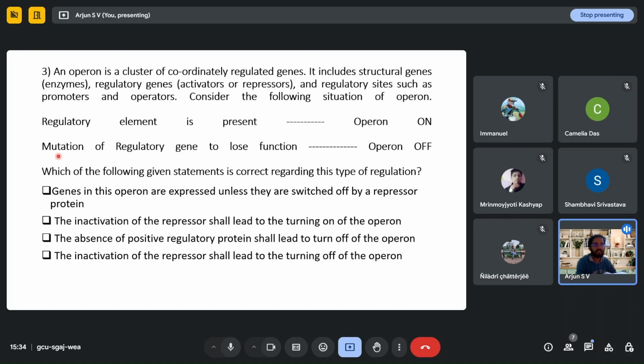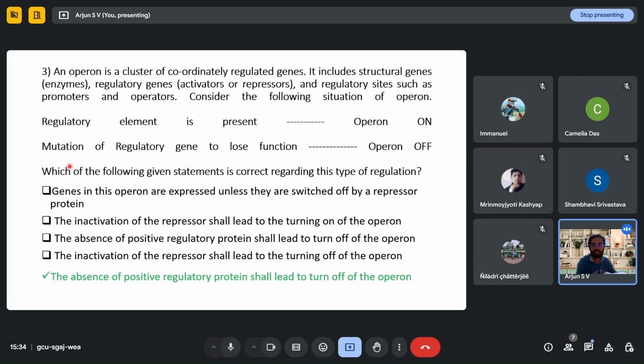So I already told you that this is a positive regulation. This is a case of positive regulation. So in positive regulation, if the regulator is there, then the operon will be on. If the regulator is not there, the operon will be off. So it's a pretty straightforward question right now. So the answer will be C, where the absence of the positive regulatory protein shall lead to the turn off